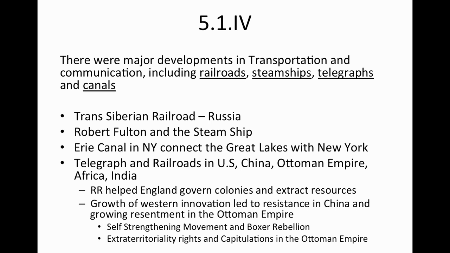Robert Fulton designs the first modern steamship to help plantation owners move their cotton up and down the Mississippi River. And it was also used on the East Coast as well. Steamships would travel from New York City to the Great Lakes through the Erie Canal and Hudson River. So that's a great example of a canal. Also the Suez Canal, we'll get to that in a little bit, and the Panama Canal, right? We learned that from U.S. History 1, or U.S. History 2, I believe.